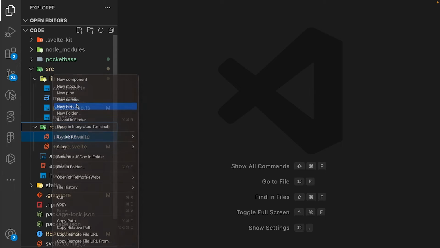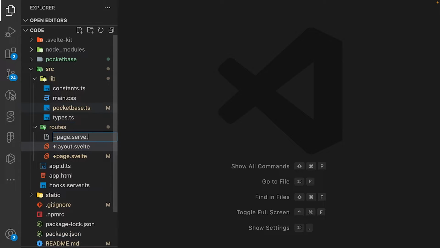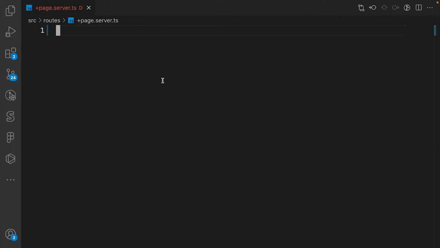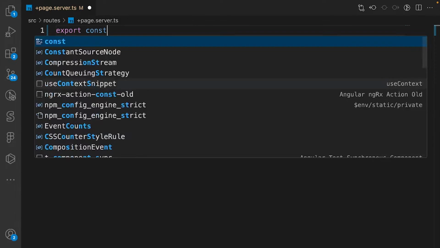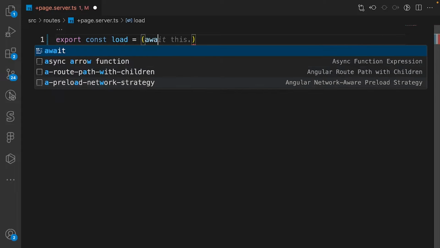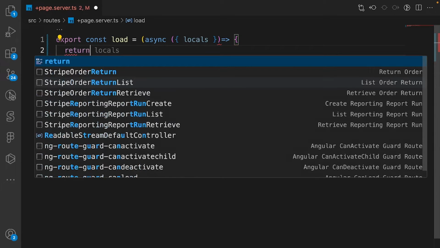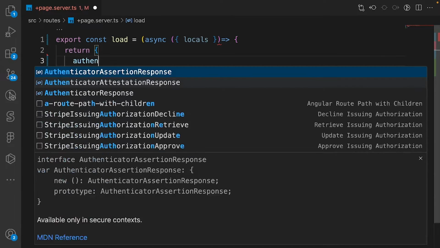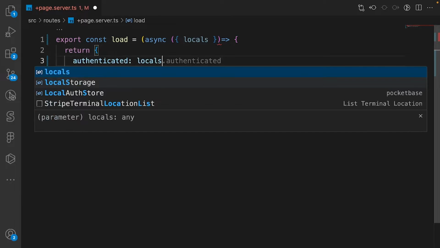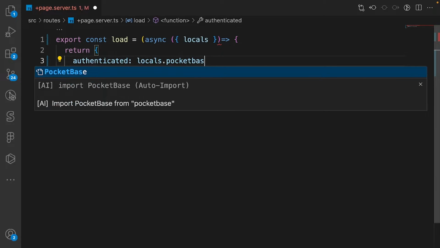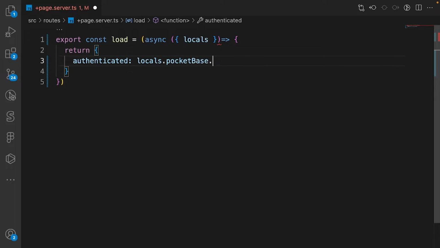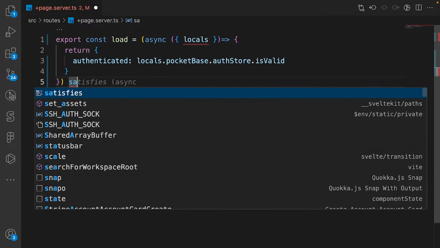So now let's create one new file called +page.server.ts. We say export const load is equal to async. We make sure to take in the locals object, and we return authenticated is locals.pocketbase.authStore.isValid. And we also say that this satisfies